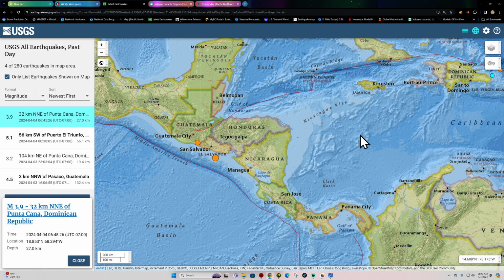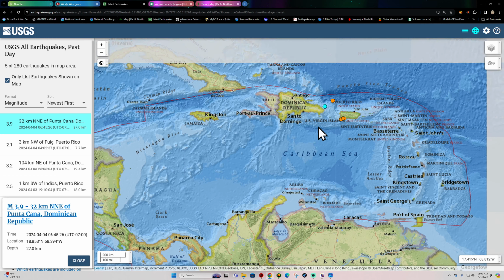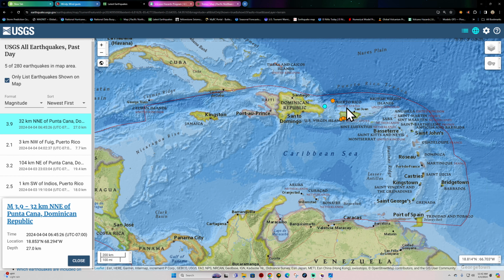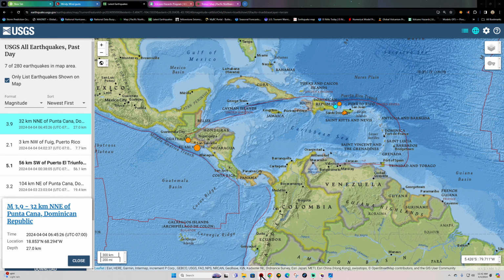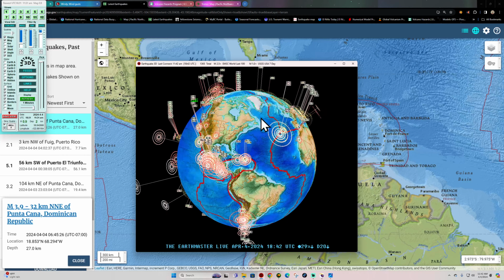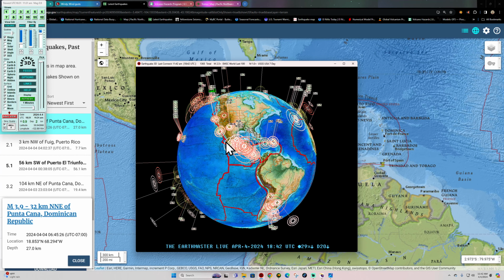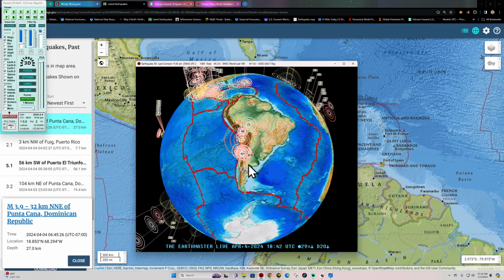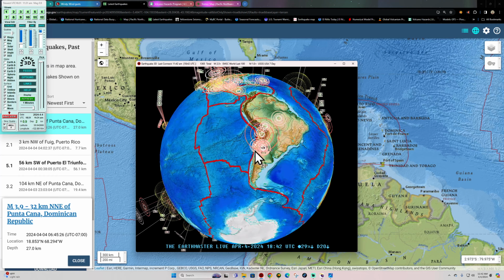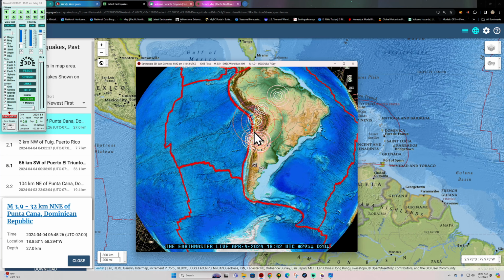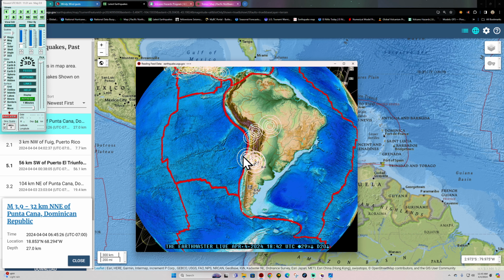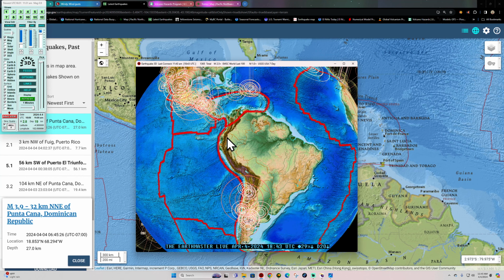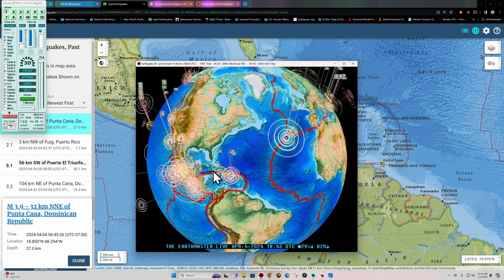That was followed up a few hours later with some movement back over here across the Dominican Republic of 3.9. Doesn't look like there's anything major going on here. Just typical activity across this area of the Middle America Trench. Same for the South America region, although this area down here looks a little bit quieter than normal. There's obviously a handful of earthquakes here, but most of the time it's fairly cluttered down here with quakes.